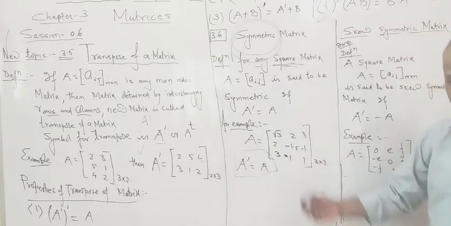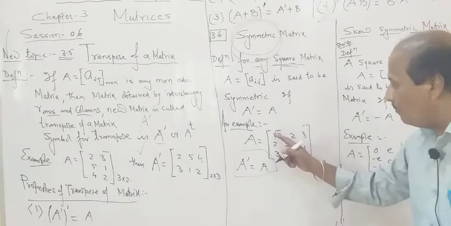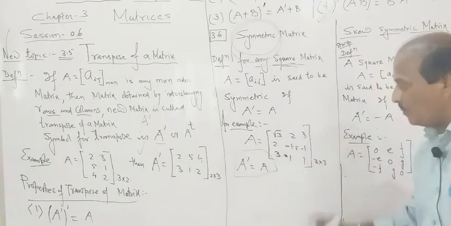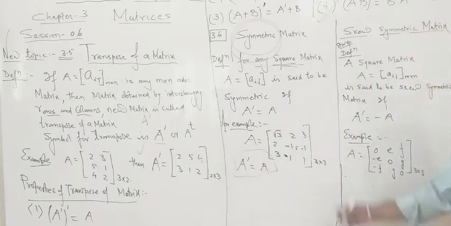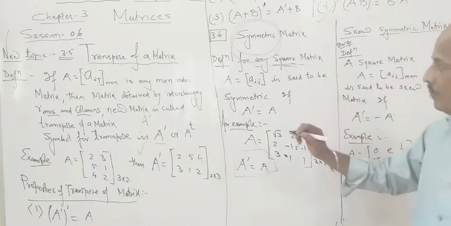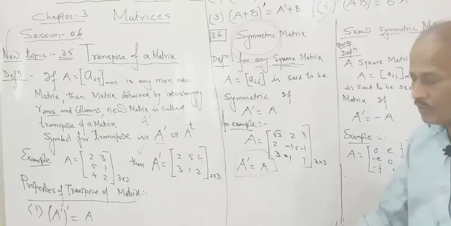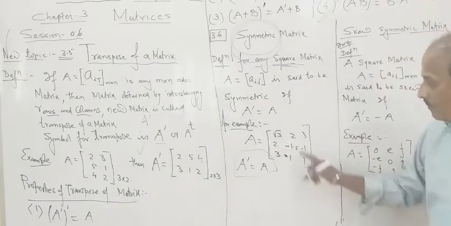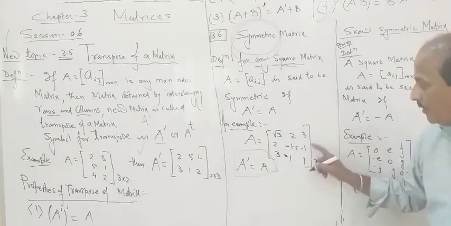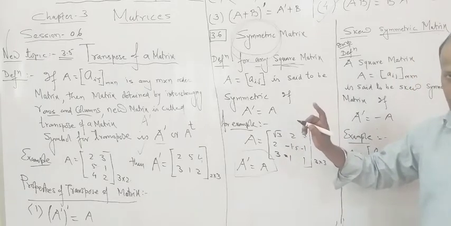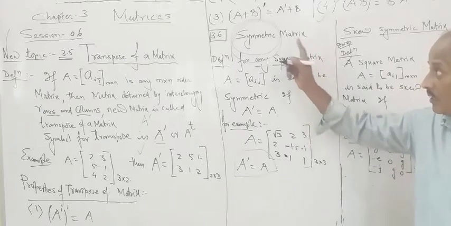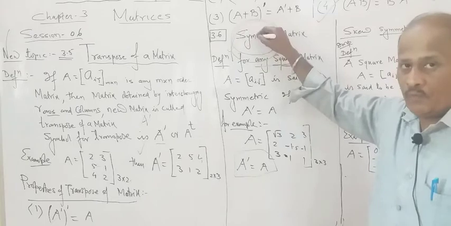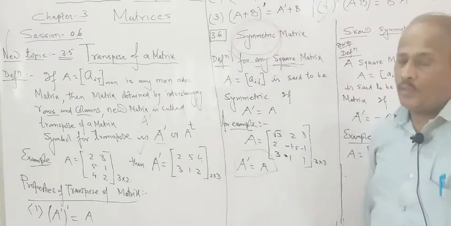How can you form your symmetric matrix? Keep the different members in the principal diagonal. This is called the principal diagonal. Usually, if anybody asks you to give an example of a symmetric matrix, how are you going to do it? Keep the different members in the diagonal, but the cross members you keep identical, and you will get the transpose matrix as well as the symmetric matrix. So definition-wise, property-wise, this topic is very important.